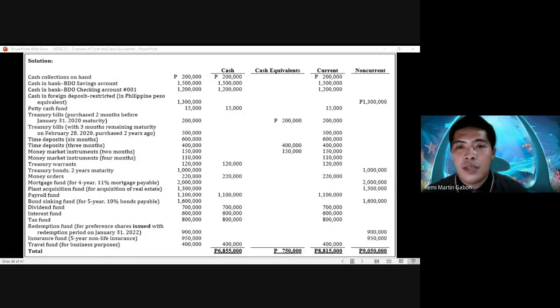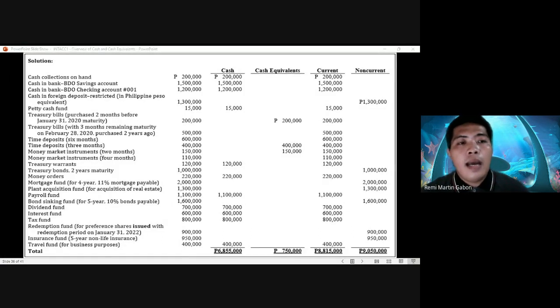Next, another. Okay? Plant acquisition fund. Another exception to the rule of cash funds. Sa cash fund, example yung plant acquisition fund. Other term for plant acquisition fund, we have plant expansion fund. Yan. Or long-term asset funds. Kapag specifically, sabi ng